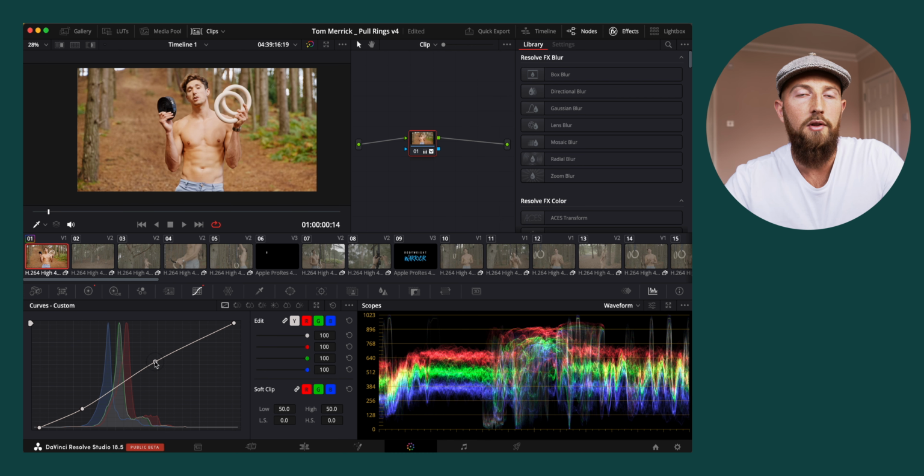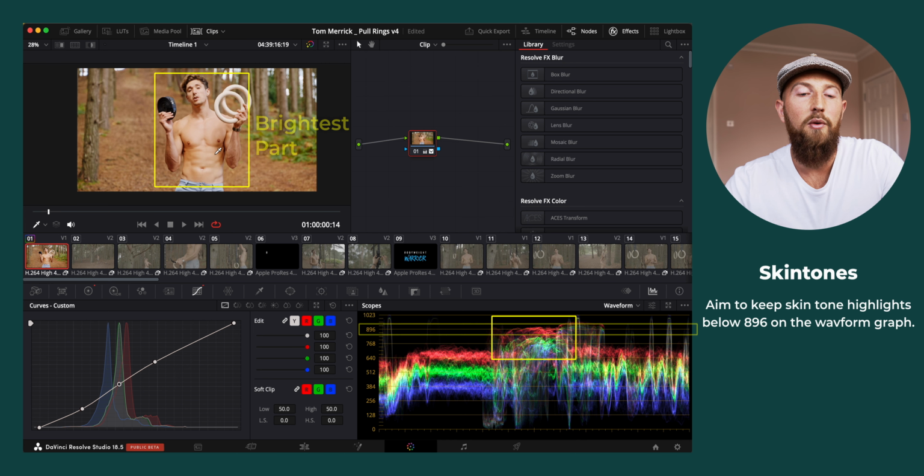And really, you want to often make minor tweaks. You don't want to overdo this. What you can do now, if you like, is you can click in the middle and basically choose where your midtones go. In this case, I actually want my midtones to go a little bit darker, so I'm just going to bring them down. Also, in this case, we really have the brightest part of our image being Tom's skin,